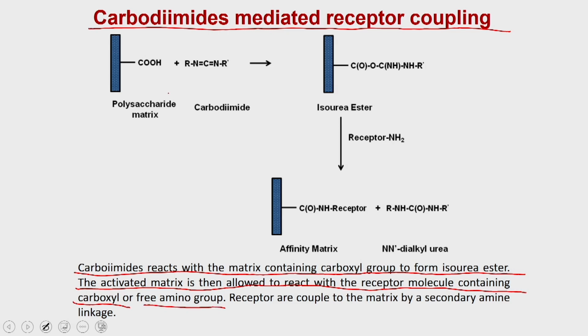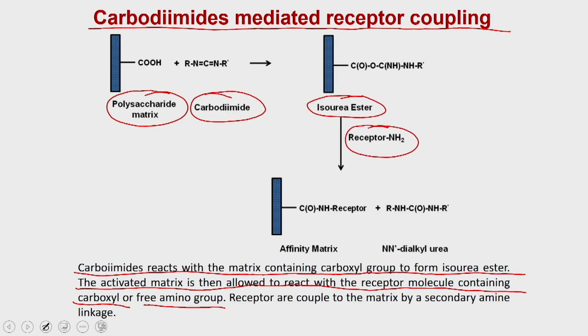So, when you have the polysaccharide matrix, it reacts with the carbodiimide groups, and as a result it will form the isourea ester. This isourea ester then reacts with the receptor containing primary amine, or it can also react with the receptor containing carboxyl group,